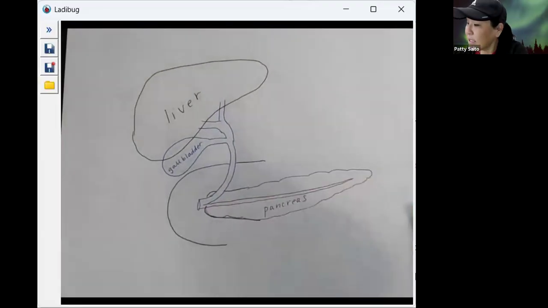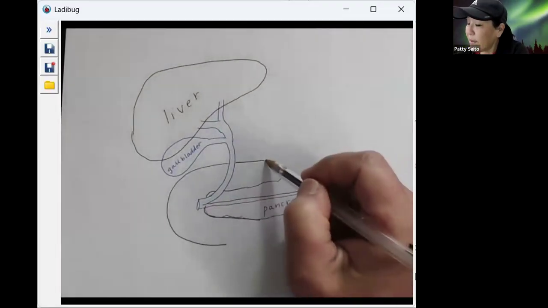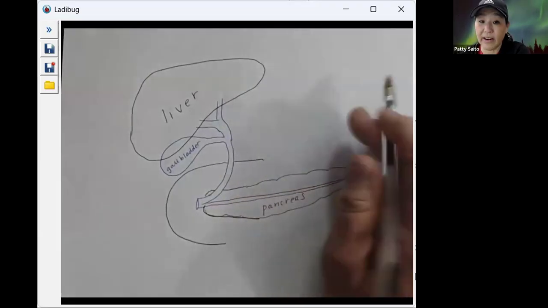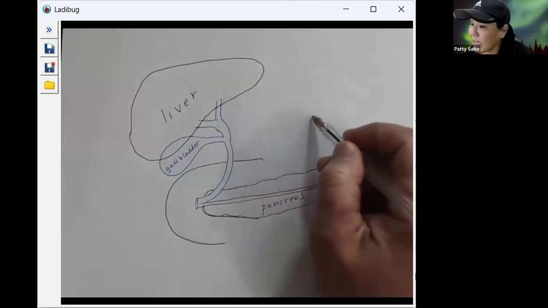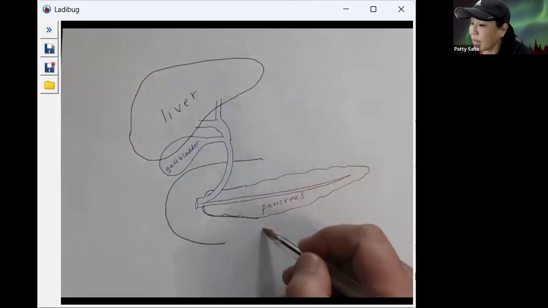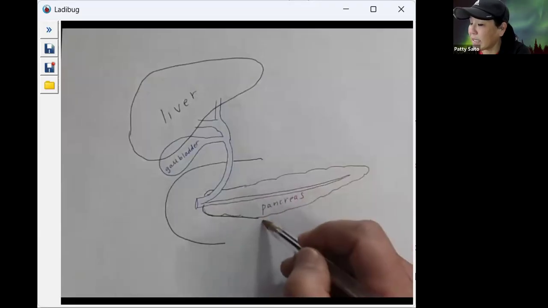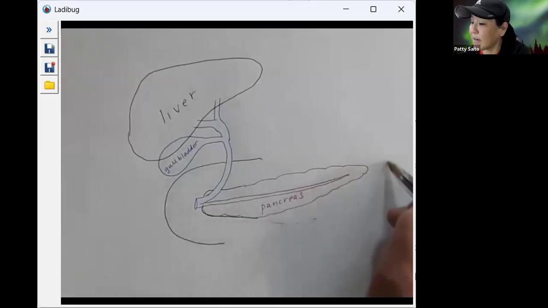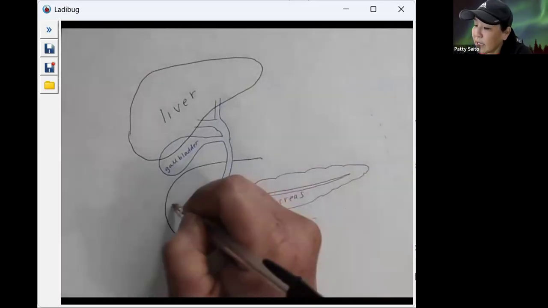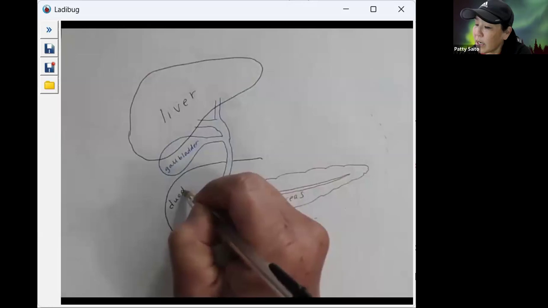Okay, and this is the duodenum after the stomach. So the stomach is located here. Actually, it's located here, and the pancreas is kind of in back of the stomach. So the stomach is here. So this is the duodenum,